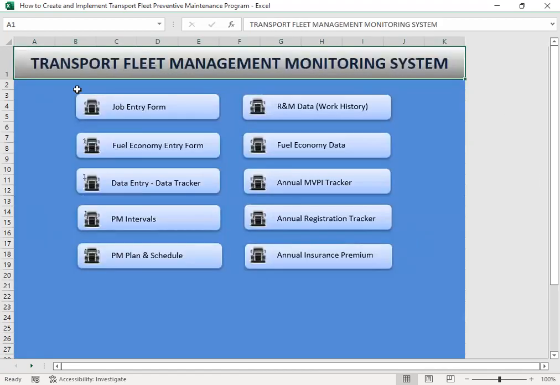Now I have explained the job entry form and the job history. The rest of the other items here in the transport fleet management monitoring system, I'm going to explain in the next video because we are having a long video this time. In the next video I'm going to cover the fuel economy. Perhaps I'm going to be able to cover the government requirement in terms of the motor vehicle periodic inspection tracker,